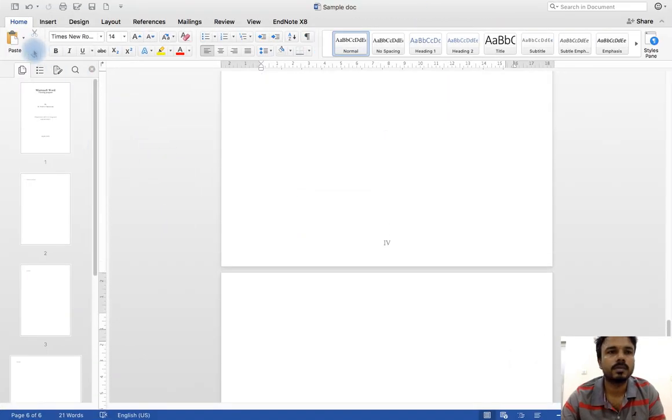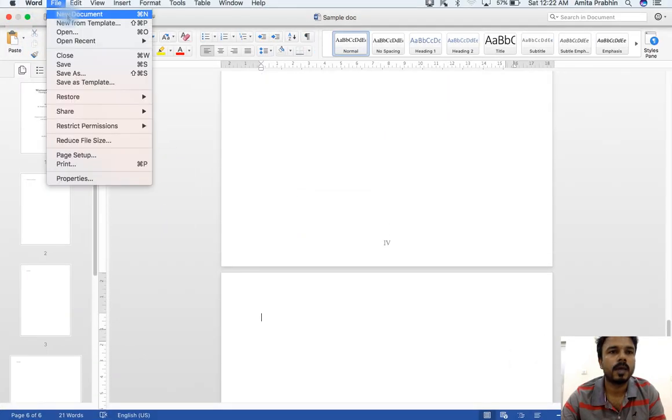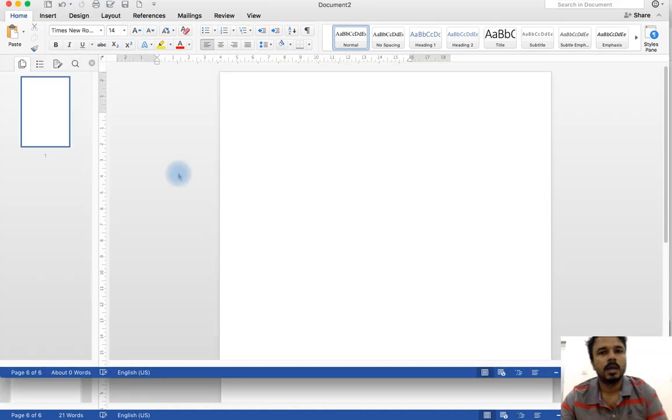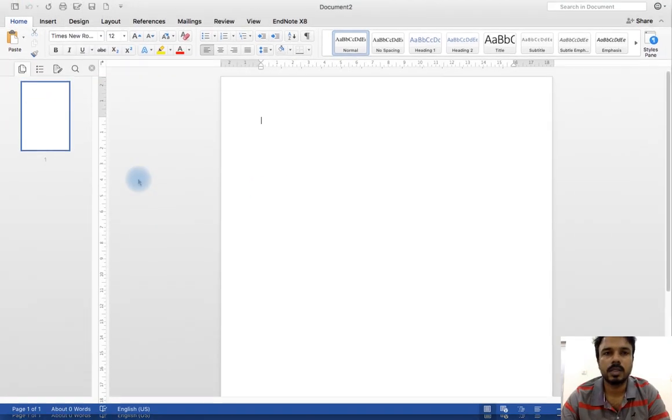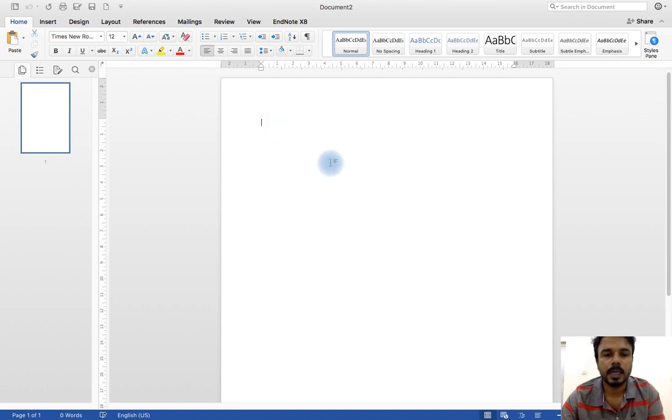File, new document. Now when you open a new document, this is the page you are getting. Now this first page I have introduced is my title page. The title page is different: the format is different, the content is different, everything is different. Now I am going to write the title of this report, that is